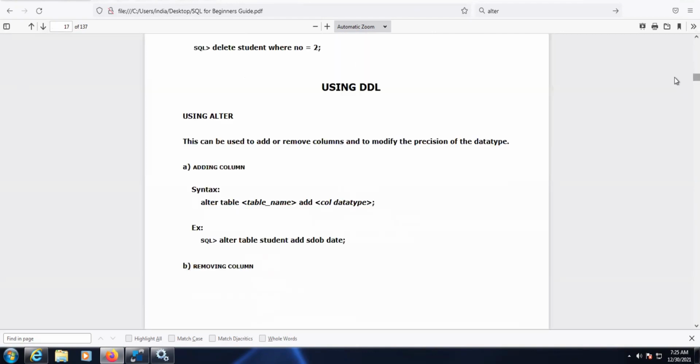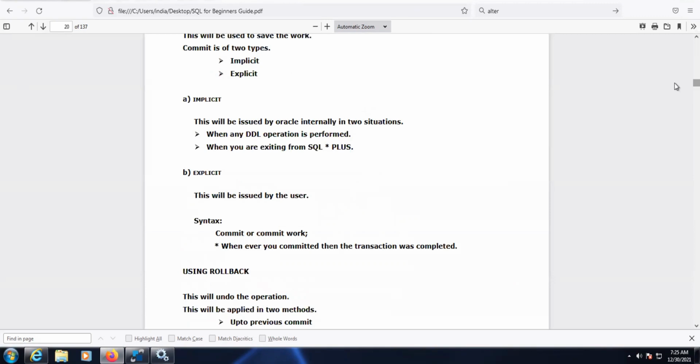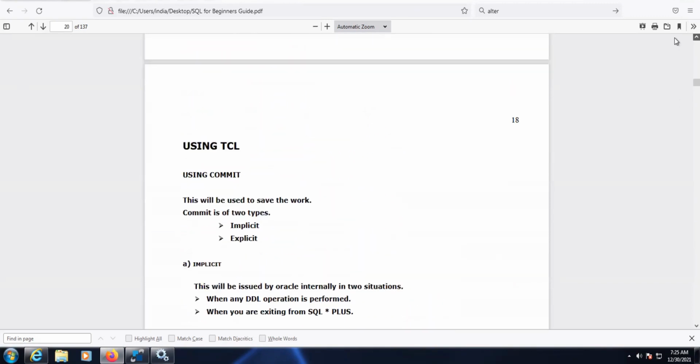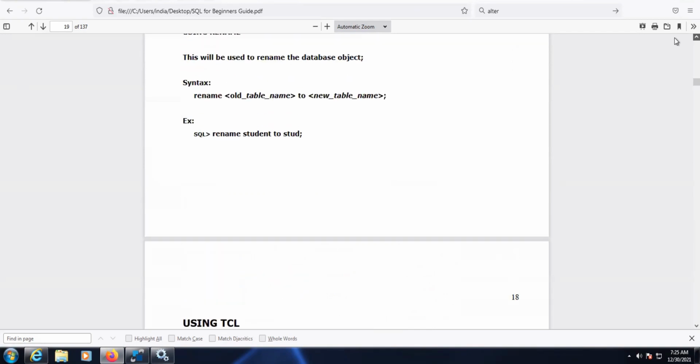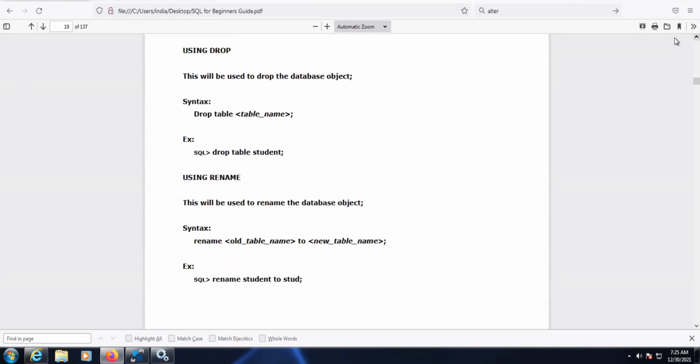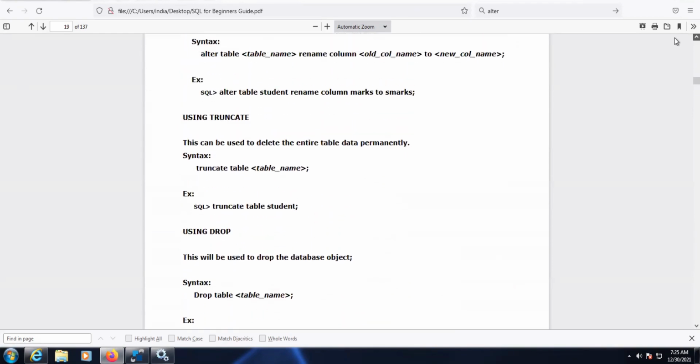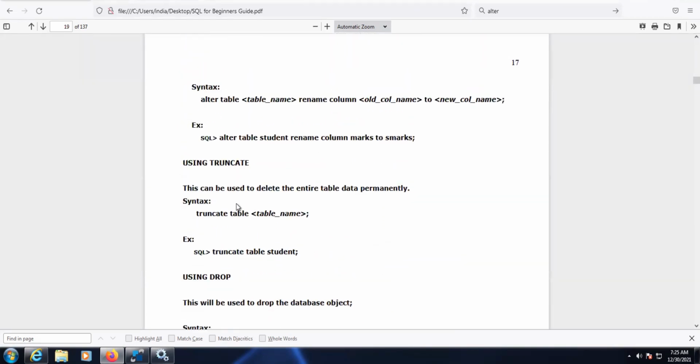You can check on page number 70. The syntax is truncate table name. The purpose of truncate is to delete the data permanently in the database.